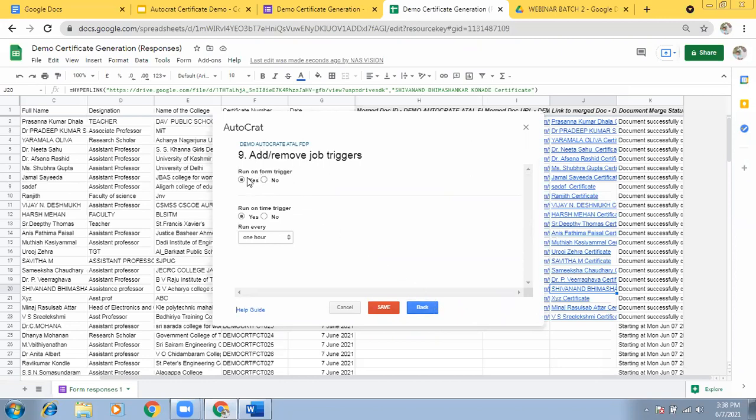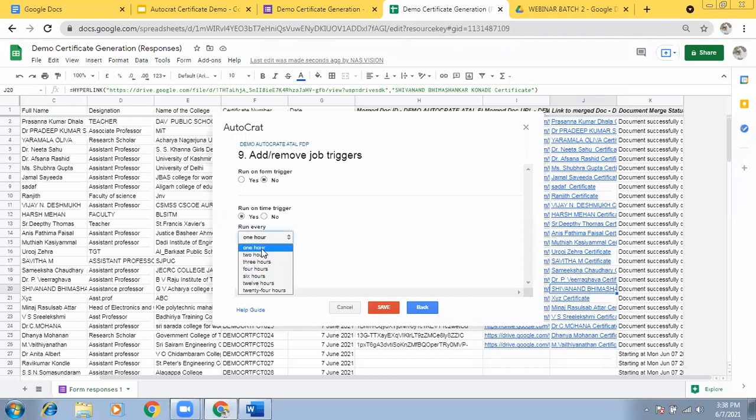If you select run on form trigger, it happens whenever a new response comes in. If you want it only after some time, you can choose a time, and only at that time will the certificates be autocrat generated. One is on form trigger and one is based on time. Okay, sure, sir.